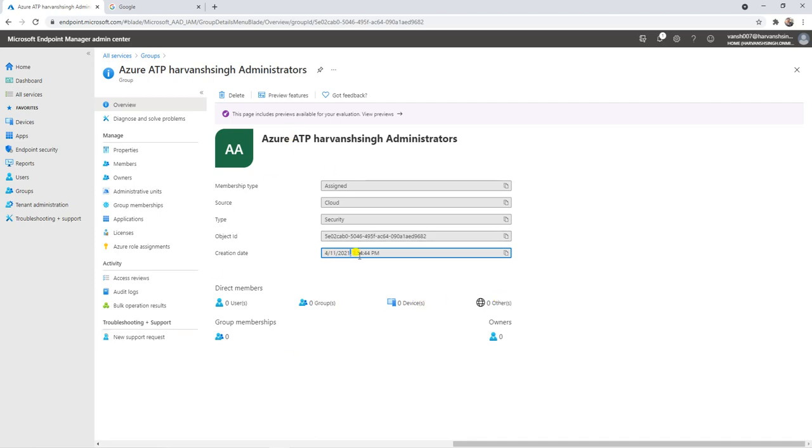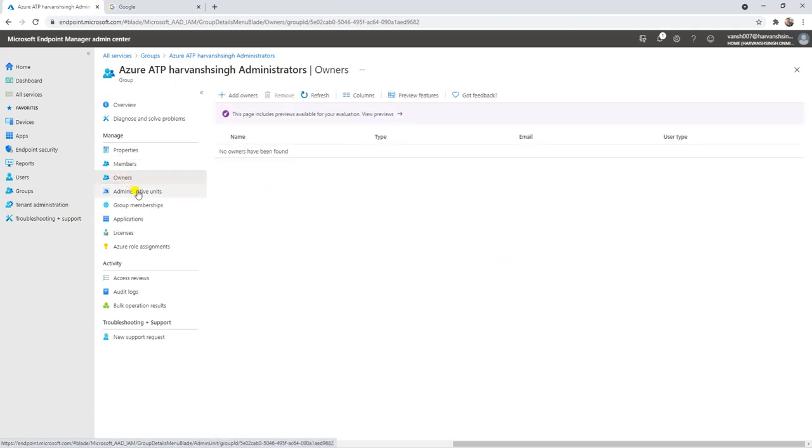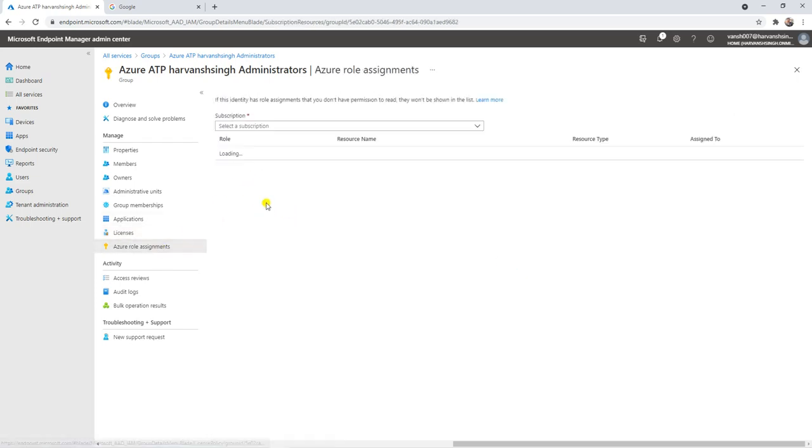These are the details you can check about the groups. Then there is membership, how many members it has, ownership or administrative users, license, and Azure role assignment. So these are the things you can use from your Intune console.